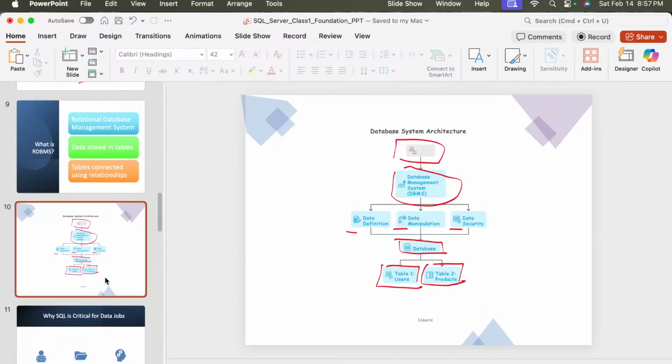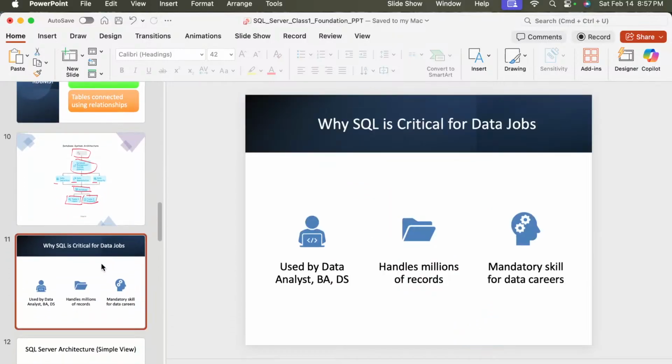Okay, so why is SQL critical for data roles? Because it is used by data analysts, business analysts, and data scientists, it handles millions of records, and it is a mandatory skill for a data career, right? So for this purpose SQL is critical for data jobs.